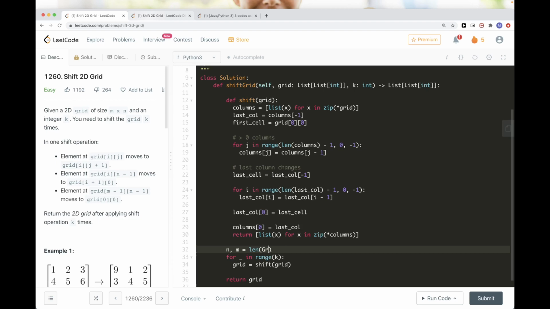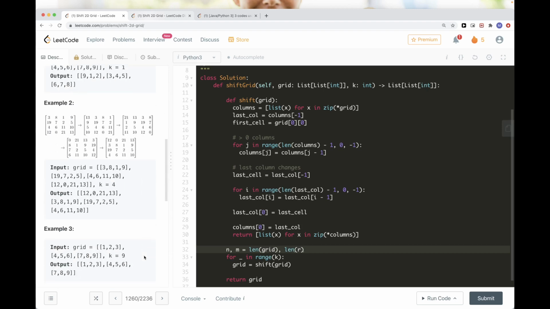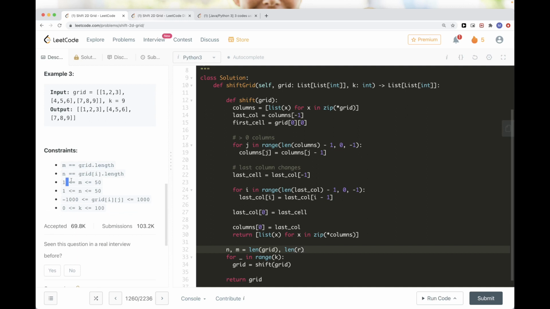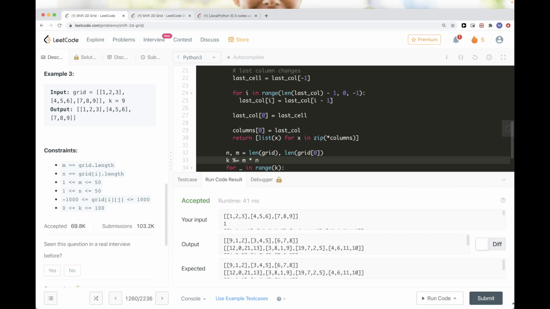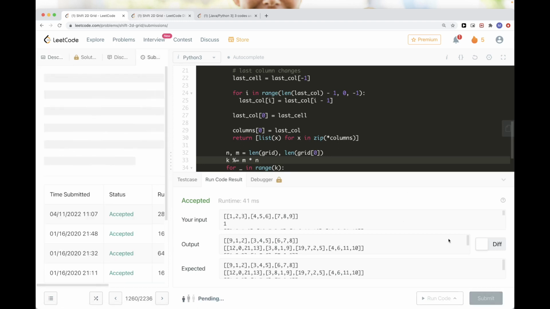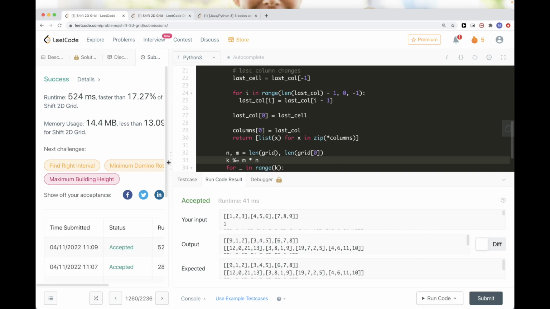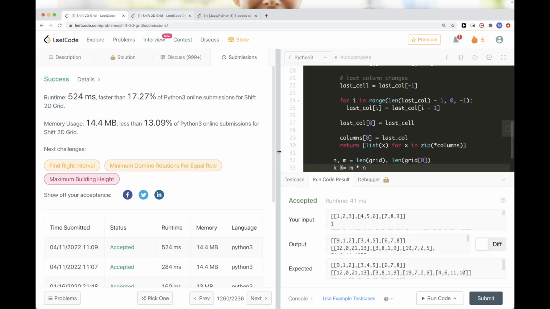So this would be the length of the grid, and then the length of the first. Is grid guaranteed to be at least of length 1? Yes. So grid of 0. Yeah, for some reason it doesn't look faster, but